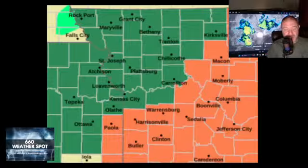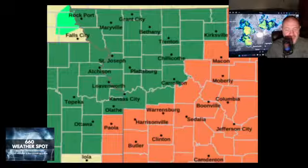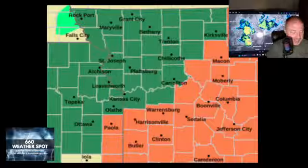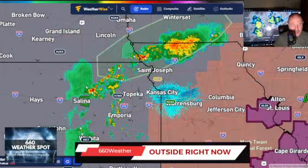But the boundary stalls, right? We know it's going to park out over the region somewhere, not exactly sure where. But then to the south and to the east of that, we're going to have a much warmer day today for your Thursday. So a little bit of something for everybody and very different it will be around the region